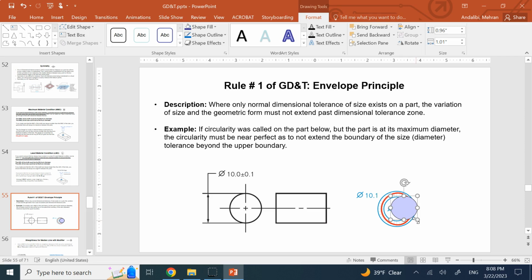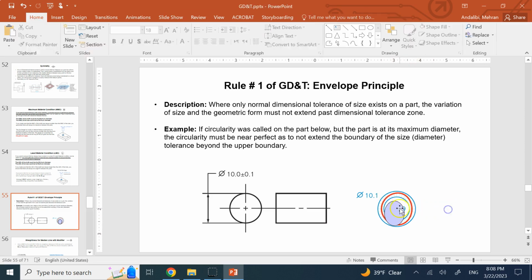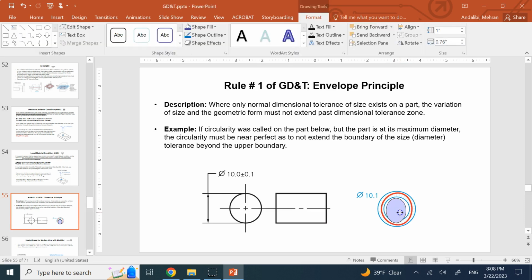I take it out of circularity position and make it a little bit elliptic. Then in this horizontal direction, this shaft is smaller than the minimum size. So you see, this one does not fit, and the other one that was at 10.1 and non-circular also doesn't fit. So when I am at the extremum conditions, minimum or maximum, LMC or MMC, then I